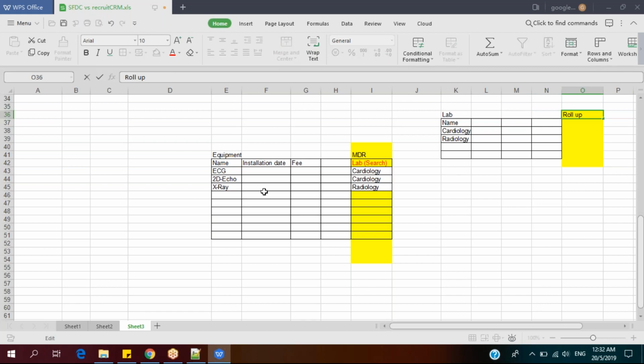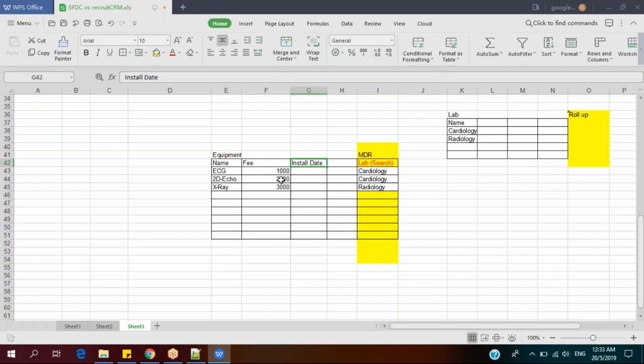Data type name is roll-up summary, so that you can roll up the child's data. Installation fee is 1,000, 10,000. Let's say 1,000, 2,000, and 3,000. Let's say 3,000. I have rename data. Let's say installation date. Okay. So it is roll-up summary field is used to roll up the child's data, the summary of